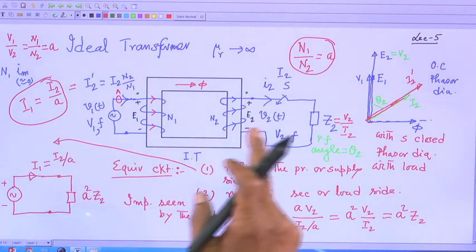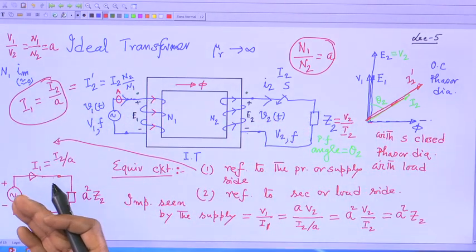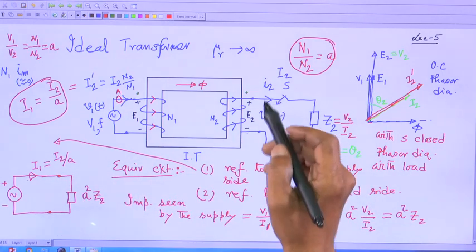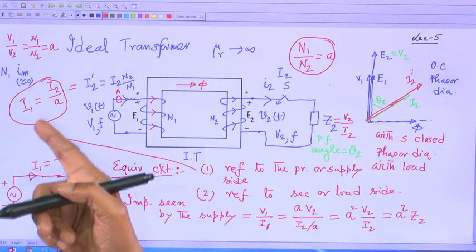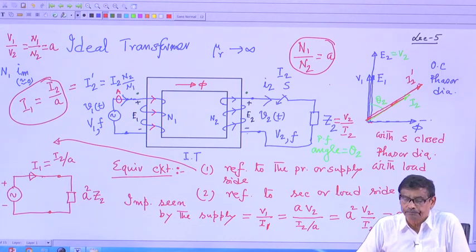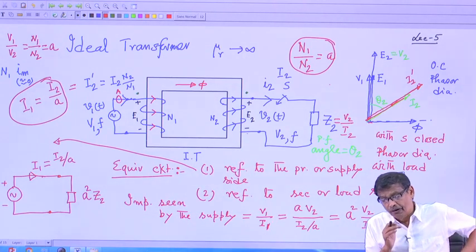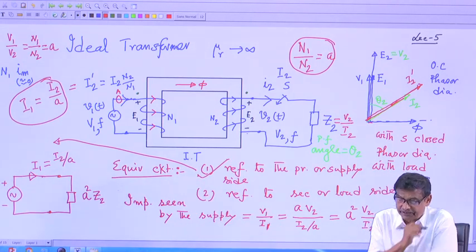Then you ask yourself, okay, I have to solve this circuit, currents in every part of this circuit. Then what do you do? I1 is known, you can easily say what this I2 will be, because there is a definite ratio between I1 and I2. So, it is useful to draw the equivalent circuit and solve big network problems which are using transformers. Okay. After you have done this, this is the equivalent circuit referred to the supply side.